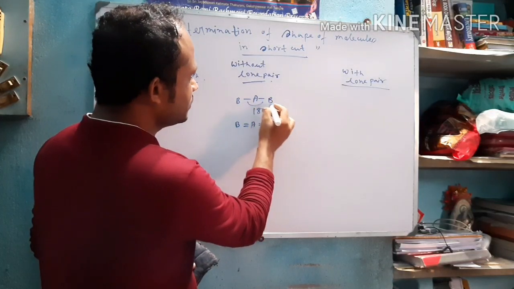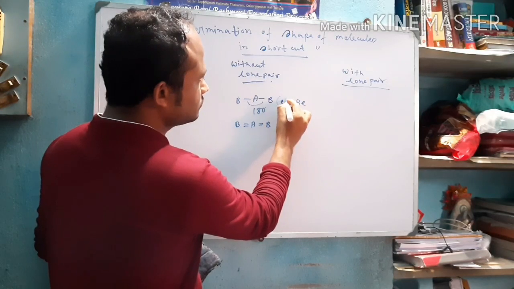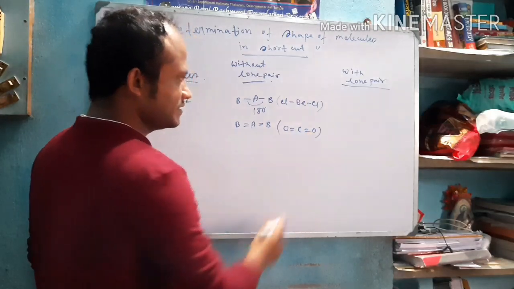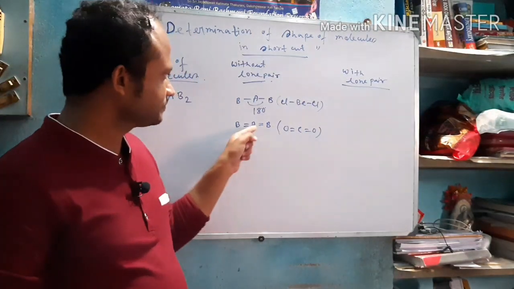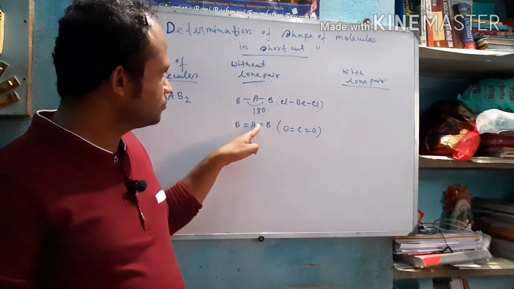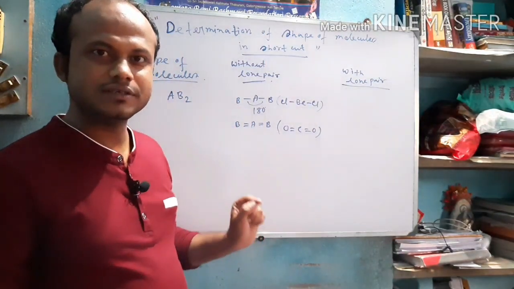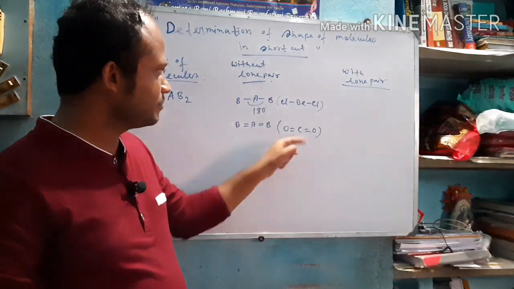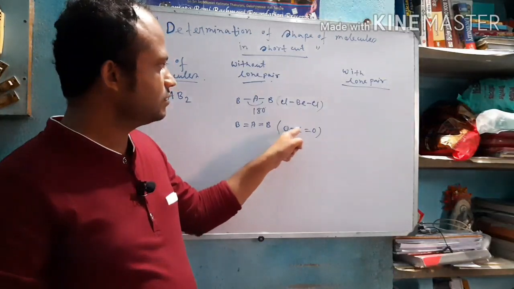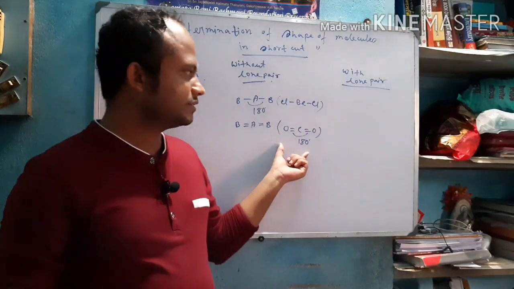For example, the first type of molecule is BeCl2 and the second type of molecule is this. Here in this structure, what will be the valence electron of A? 1, 2, 3, 4. There is no lone pair, so the total valence electron is 4. So this is a group 14 element. This is carbon, and oxygen requires 2 electrons to fulfill its octet. So this is the structure, and also this is 180 degrees and linear.